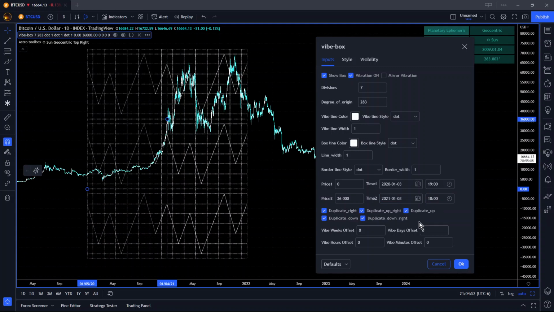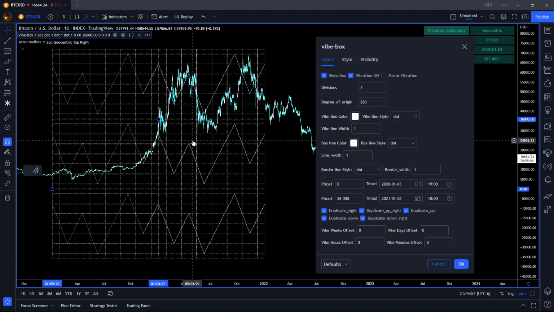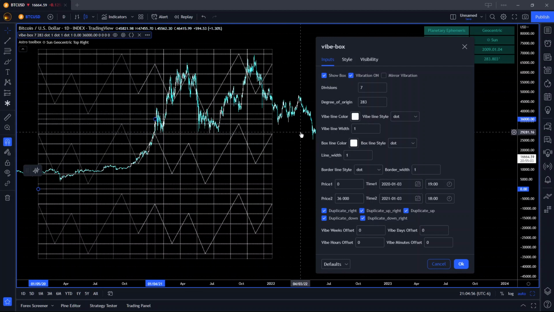There we go. And now, as you can see, immediately you get some correlation to the movement. I'm sure that you can see that. You can see these sort of movements here with the vibration box and this one here. Now, the size of these vibrations, these big long lines, sometimes they don't align with prices that are moving very